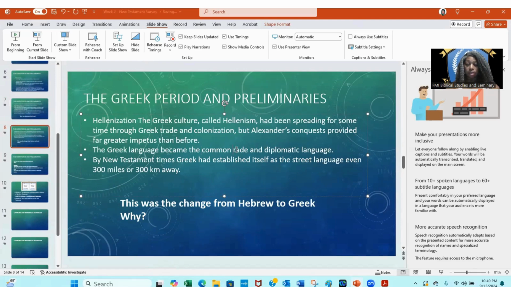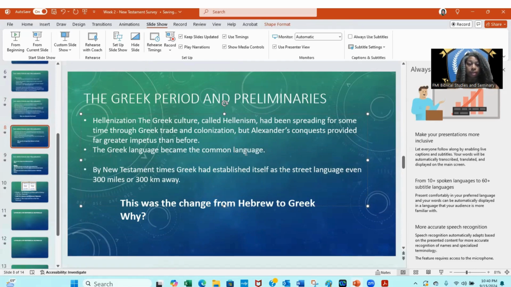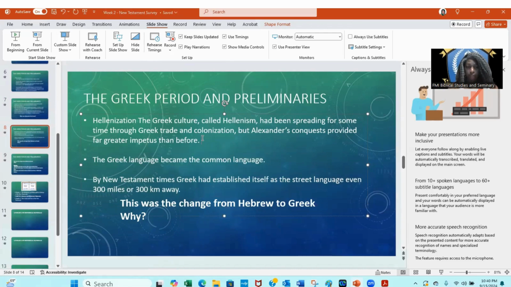So I'm going to take all of this extra out. When you copy and paste, you definitely want to rewrite it to help you better explain it. Okay. So it said by the New Testament times, Greek had established itself as the street language. Even 300 miles away, people were speaking Greek. So you just told the students